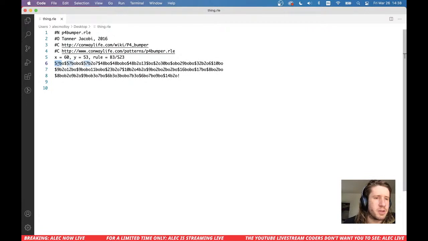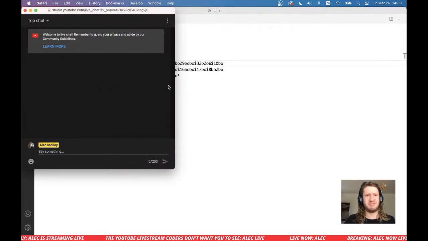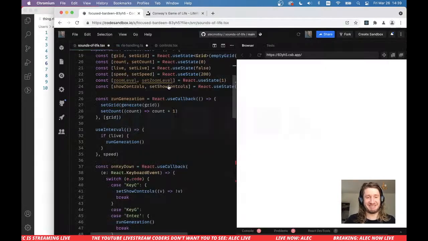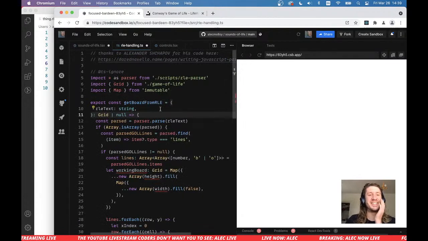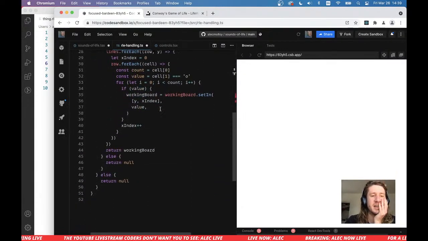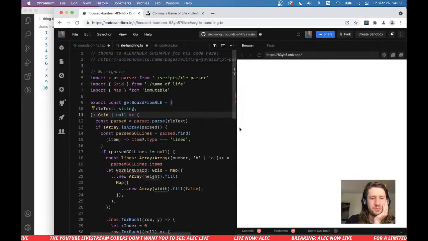Like there are 53 that are, I don't remember if B means on. I think B means on and O means off, but it could be that O means on. I think B means off, so I think it's 57 off, then 1 on, then, God, I don't even remember what the dollar sign means. Does that mean a carriage return? I wrote a parser for it. I can't remember. Anyway,